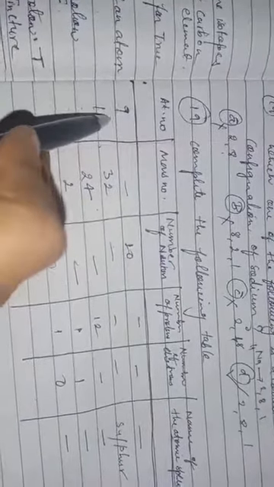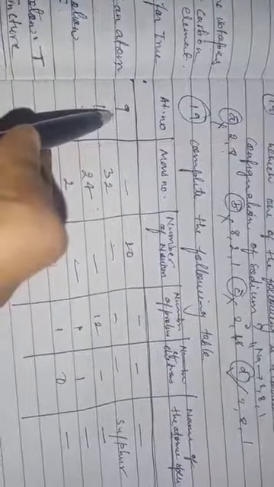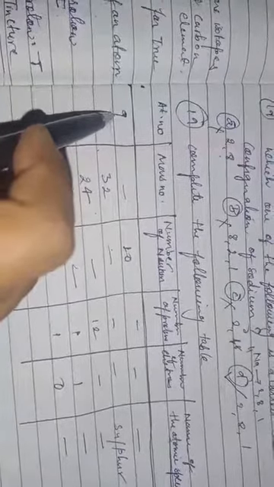Okay, anything. So just by seeing this data we will predict what that atomic species is. Okay, let's see the first one. We will first fill up the first row, then the second row, then the third row, like that. So in the first row, as we can see, the atomic number of the atomic species is given here, that is 9. If you know the atomic number, atomic number shows the number of protons, so directly just fill up the number of protons. If the atomic number is given, then directly you will write the number of protons.